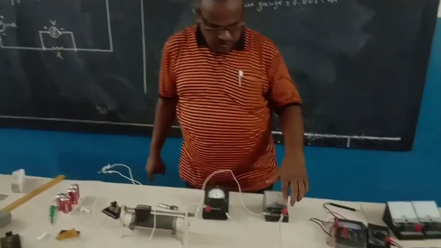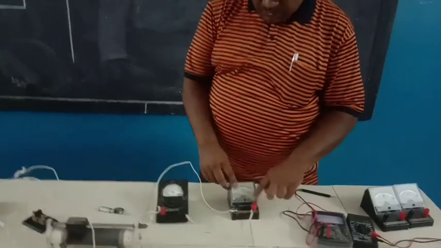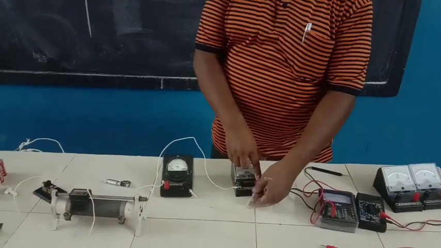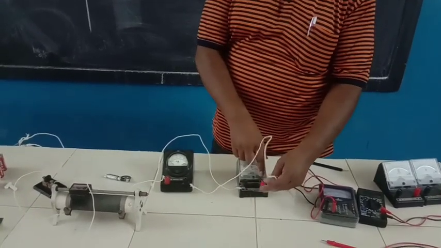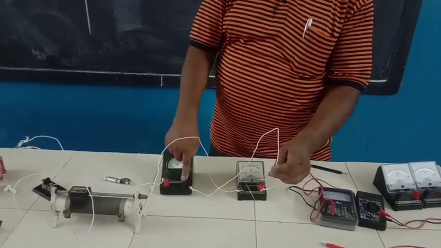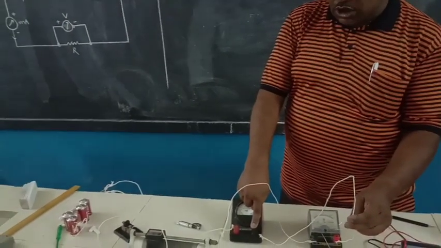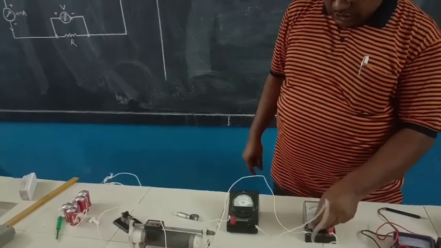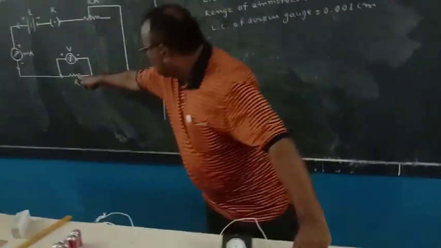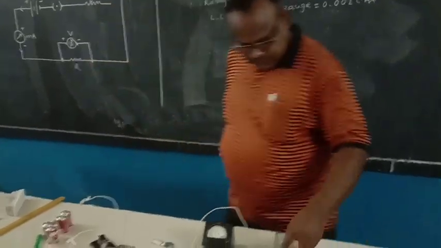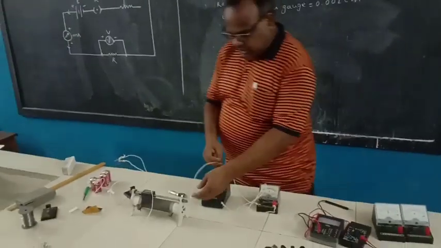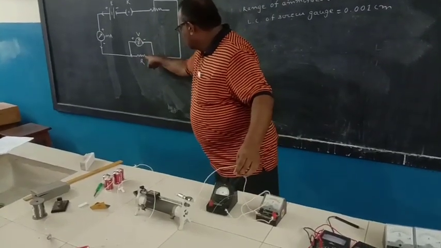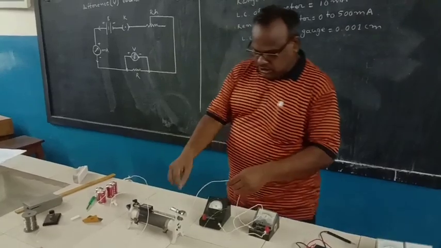You see, this is the voltmeter. This is the positive terminal of the voltmeter. The wire is connected here, and the other wire is connected to the negative of the milliammeter. And the other end of this resistance wire is also connected, and from that it will be connected to the end of the rheostat.